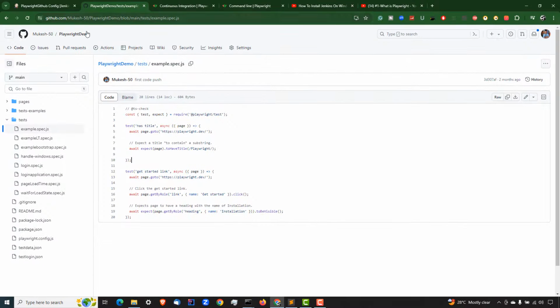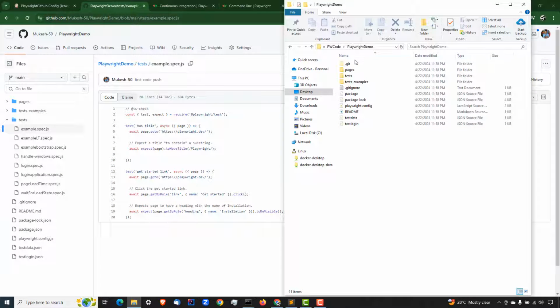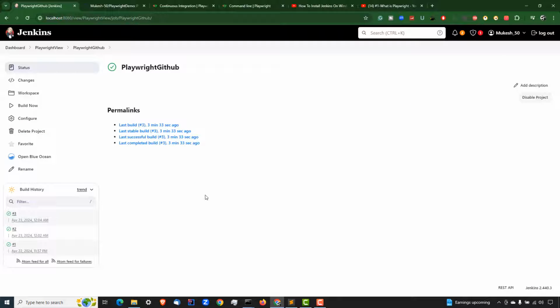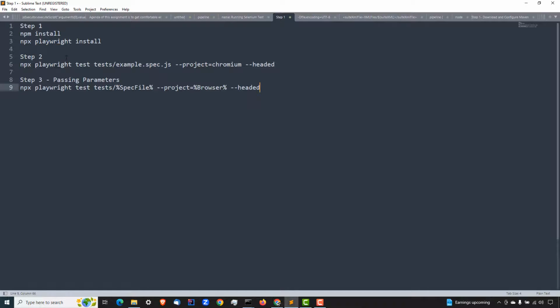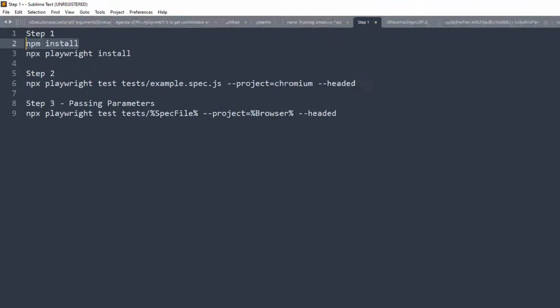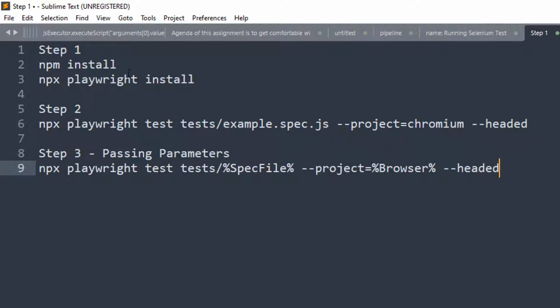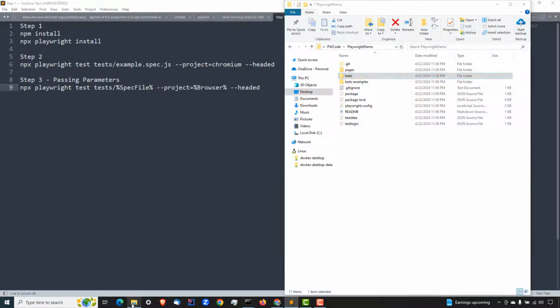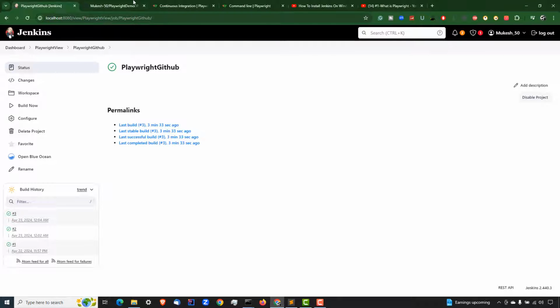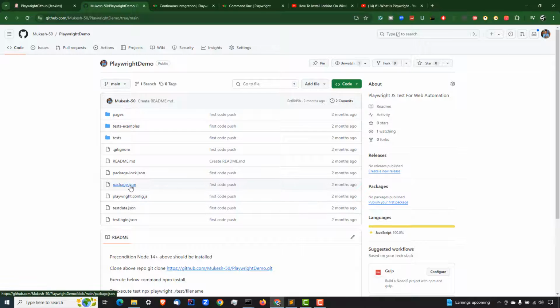So I already cloned this. This is what we got, right? Now I want to run this test. Now once your repository is cloned, let's quickly execute certain commands and see how it works. So these are certain steps that you need to perform, and I will share all these steps one by one. So step number 1 is basically you need to run npm install. So what this command will do, if you go to this repository, you will notice you will have one package.json file. Okay. So in this JSON file, if you open this package.json file,